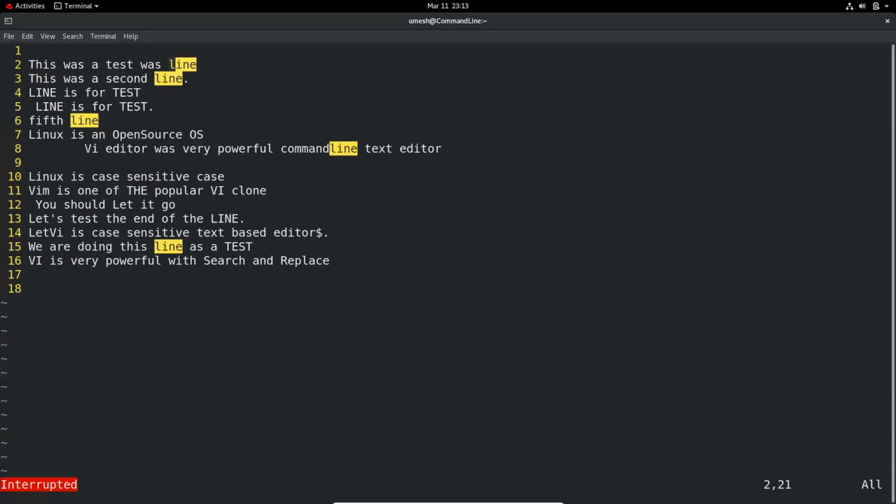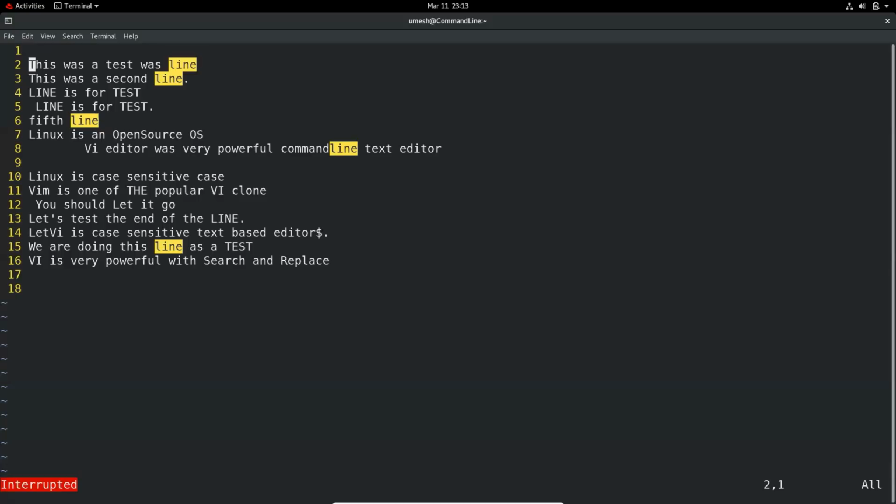And one more thing you can do is, since we have the line number displayed here, let's say you are here and you want to search only from the current cursor up to line 6.